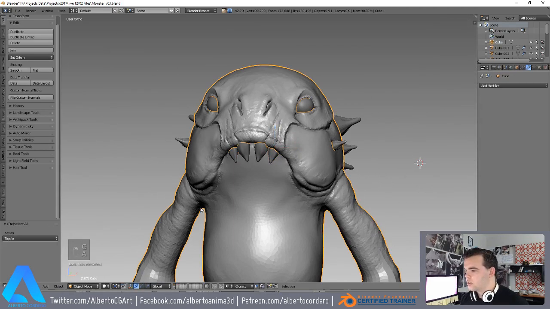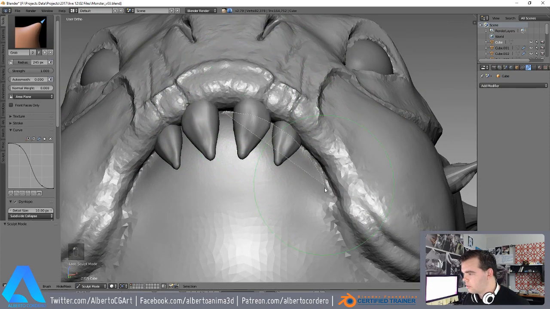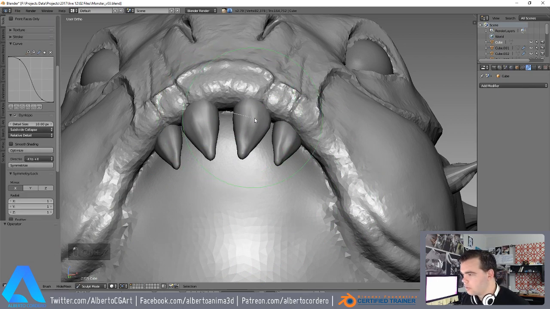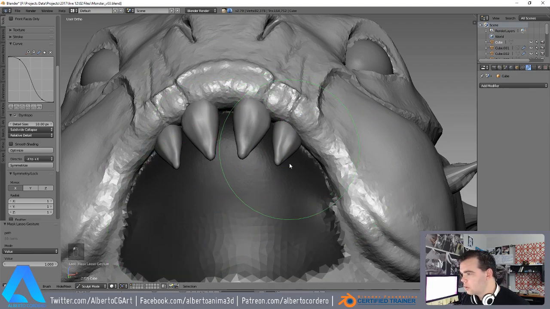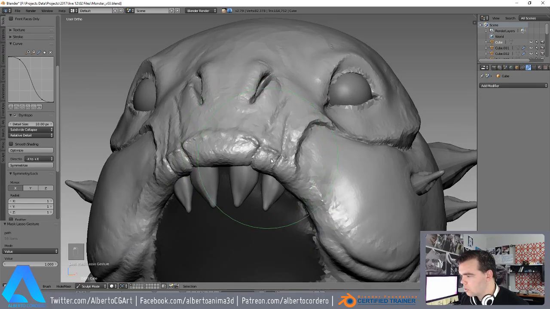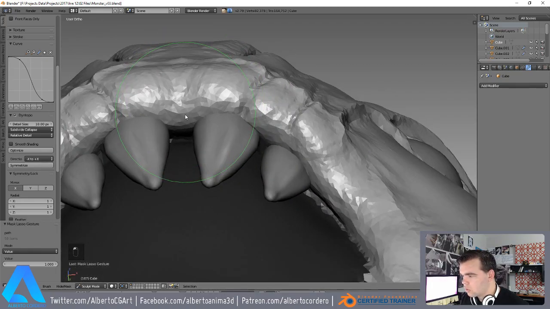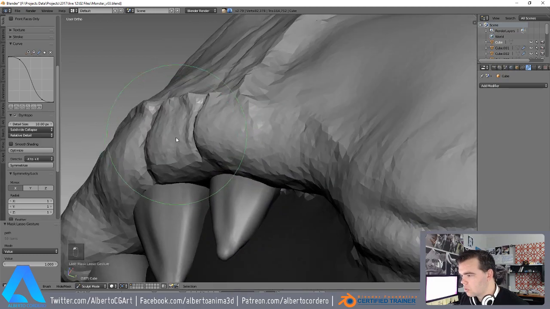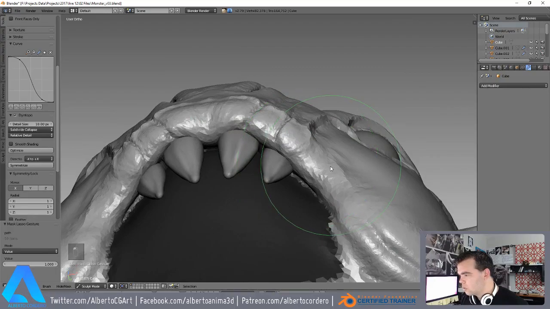And let's go now and select this one and try to select this corner right here. Oops. Symmetry. There you go. There we go, and there you go. Trying to make it more